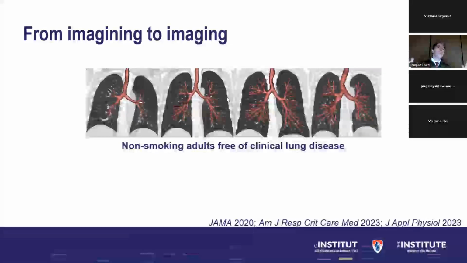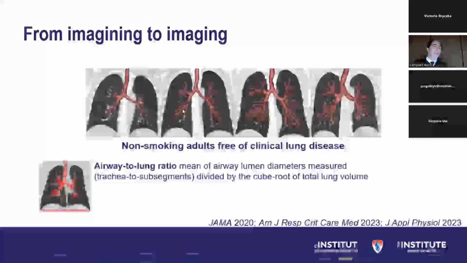So we thought these were a look into what native lung structure is in the general population. And we saw that there was indeed quite a bit of variation in the airway tree caliber relative to lung size. This person having little twigs for airways and this person having much larger airways. And so we came up with some way to quantify the airway caliber and the lung volume to come up with a ratio, the airway to lung ratio, just measuring, it's not that complicated, the diameters of the airway lumens from the trachea to the subsegments and dividing by the size of the lung.